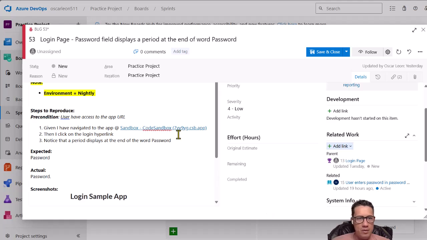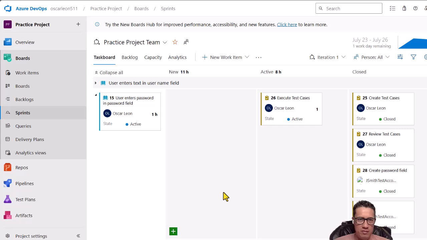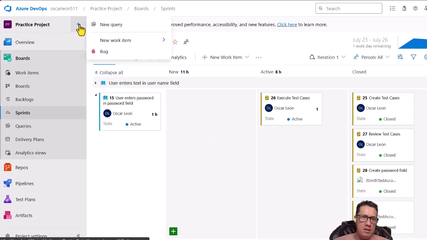So right now our defect has been created from a fixbook task. Let's go ahead and save this and close. Now let me explain the second way on how to create a defect. So from the springboard, what I'm gonna do is click on the plus sign, then I'm gonna